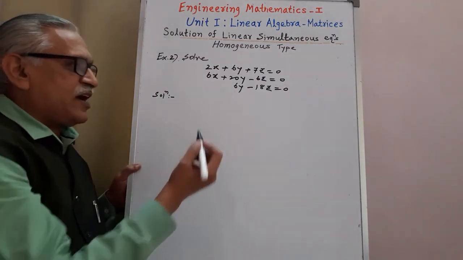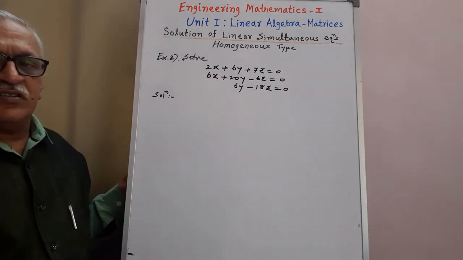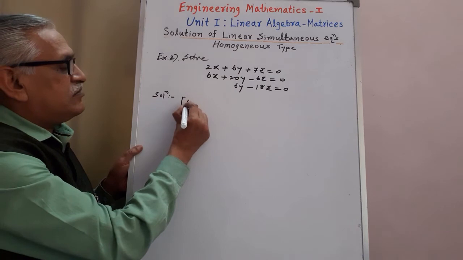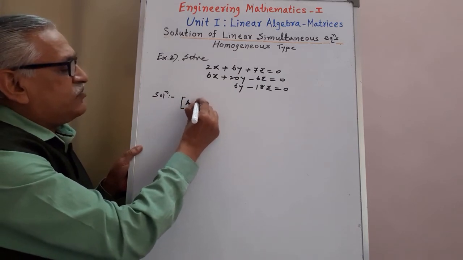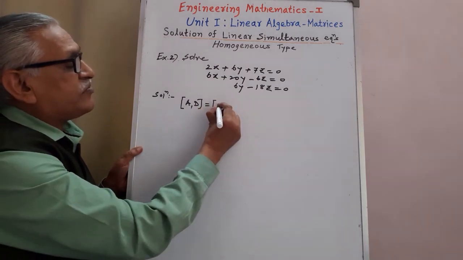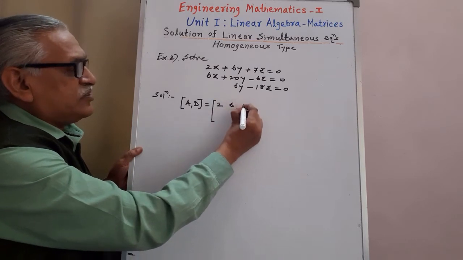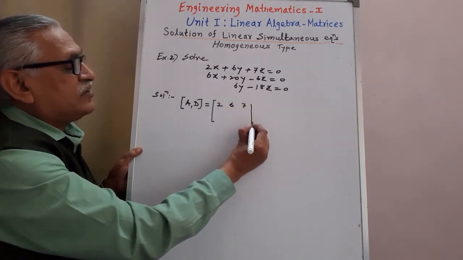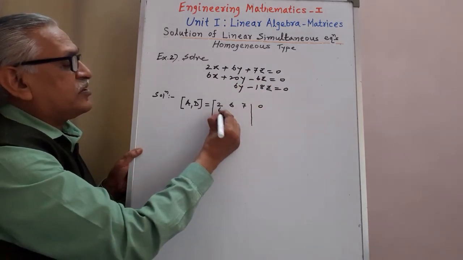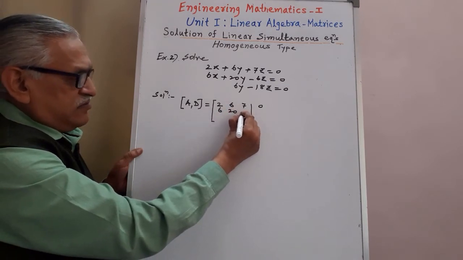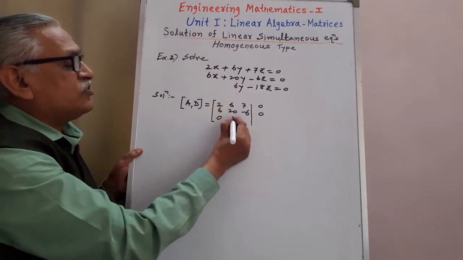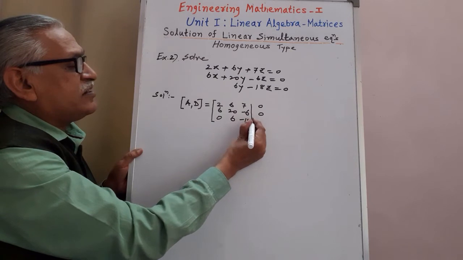type, and therefore either we get a unique solution or infinite solutions. And for that we have to write down the combination of matrix A and matrix D, which we call the augmented matrix. And here that augmented matrix contains the elements 2, 6, 7. We separate that D matrix by a line. 6, 20, minus 6, 0. Then 0, 6, minus 18 and 0.